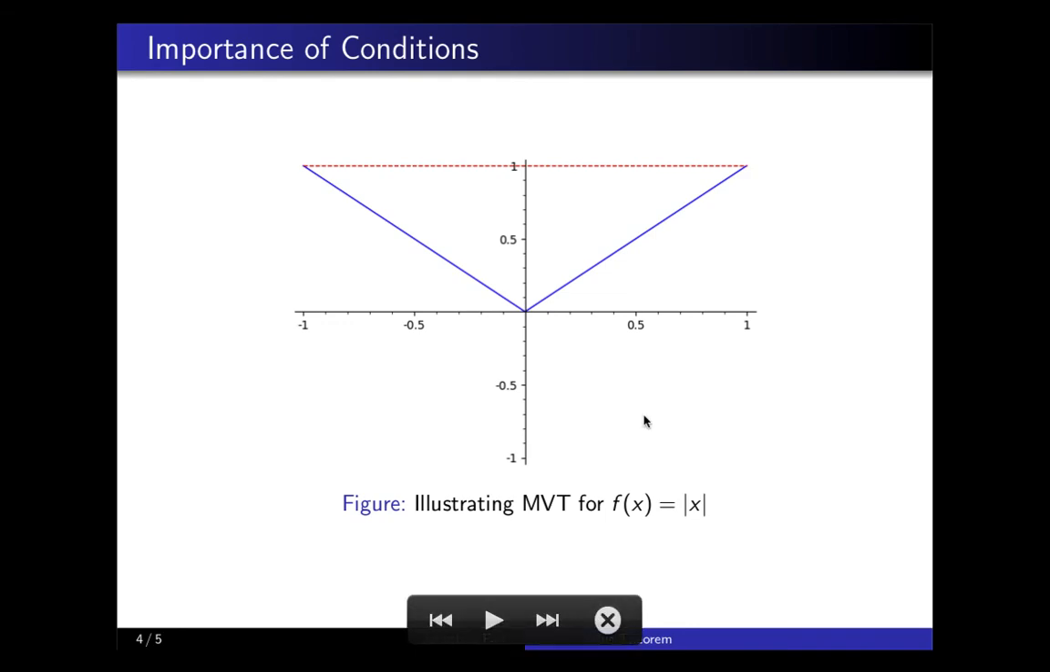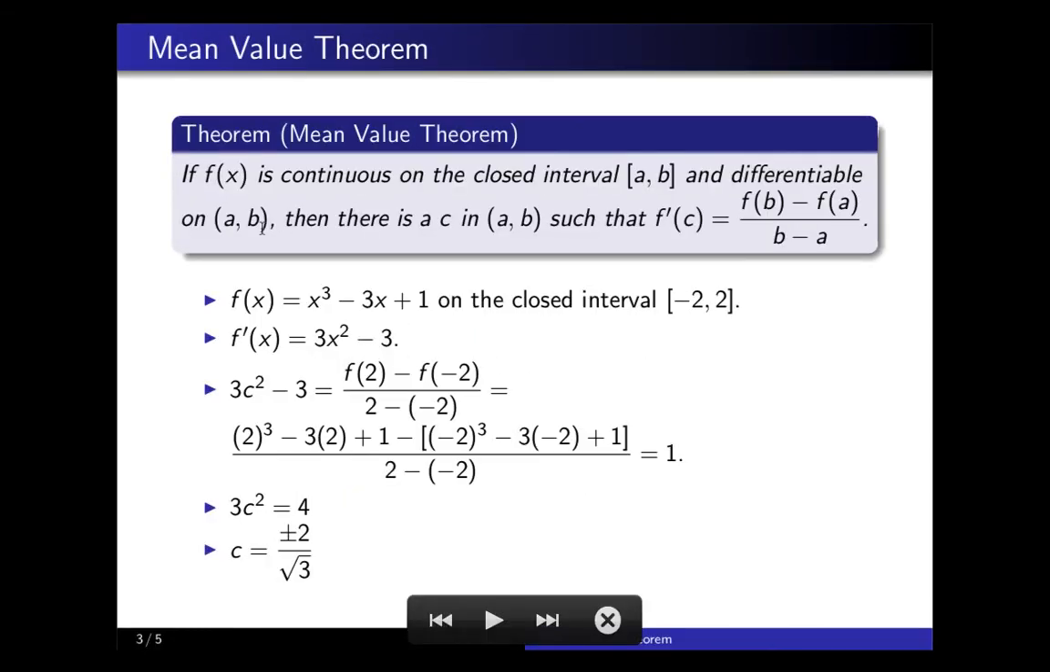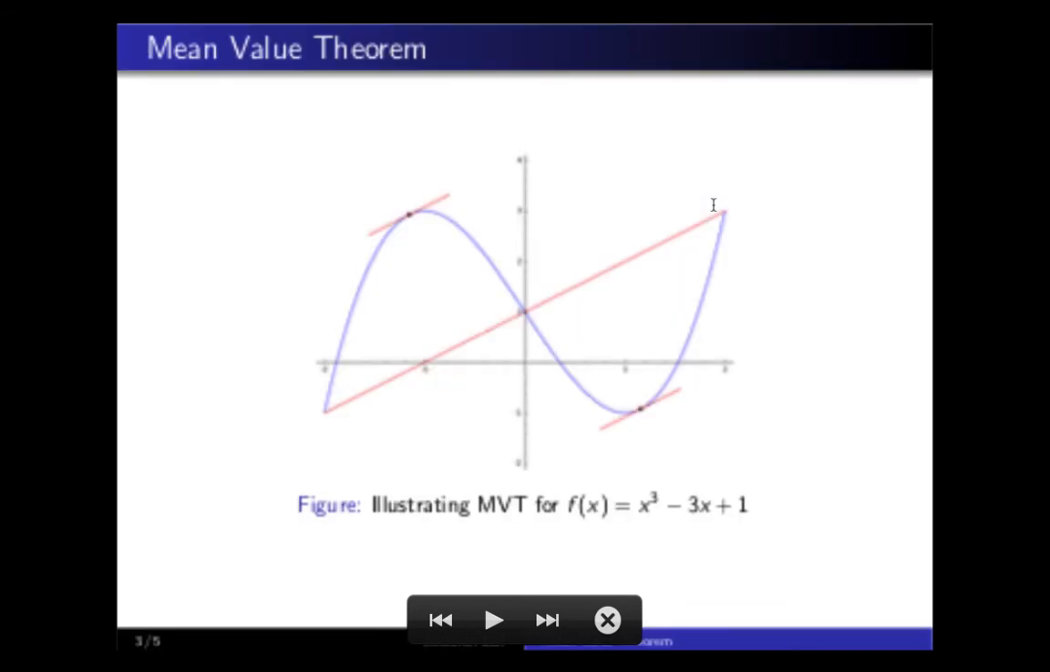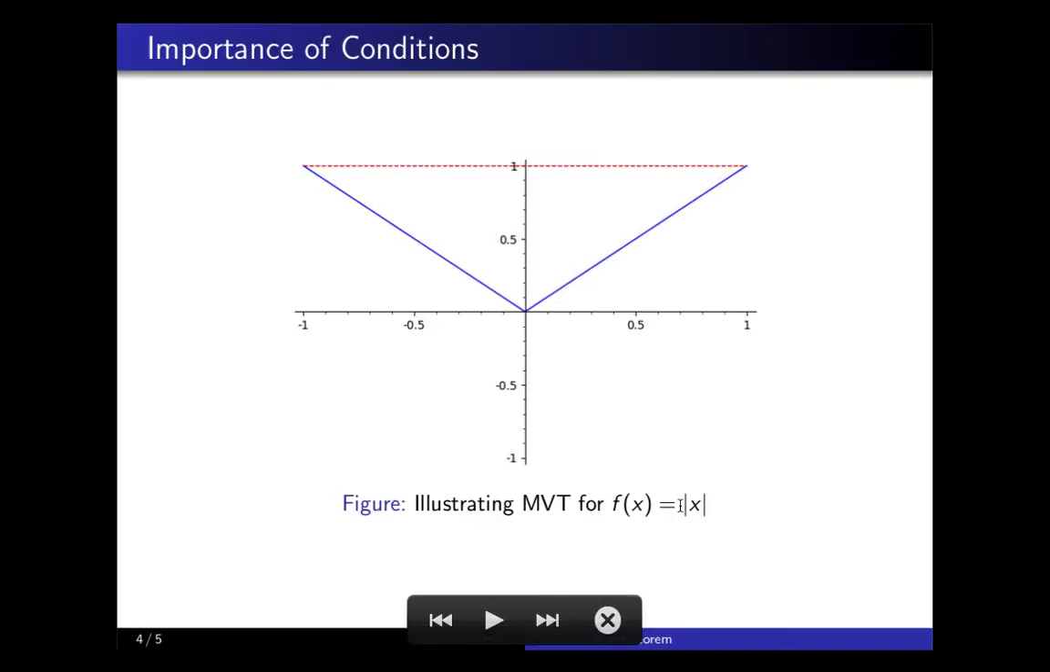Okay, so the absolute value function gives us an example of why we need to actually make sure that the conditions apply in the first place. So we need to make sure that our function is continuous over the entire interval and differentiable over the inside of the interval. If you just blindly went ahead and said, well, find the c-value guaranteed to exist by the mean value theorem for absolute value of x over the interval minus 1 to 1,